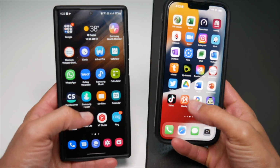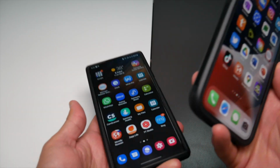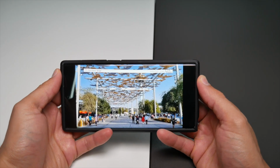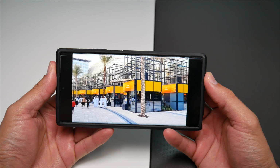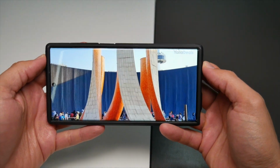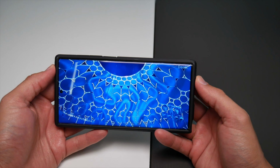A wider phone is more convenient to look at, but can become unwieldy if you have small hands. Yet, keep in mind that Samsung's phones are taller than Apple's. The Galaxy S22 Ultra has a cinematic 19.3:9 screen ratio for an immersive viewing experience. There are significant improvements with a QHD Plus Dynamic AMOLED 2X display at an immersive 6.8 inches and 120Hz LTPO